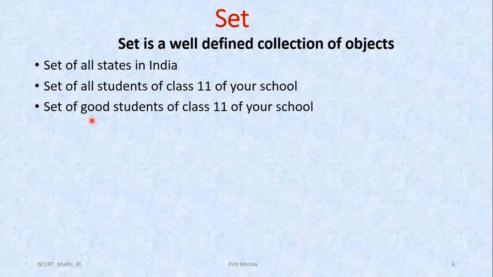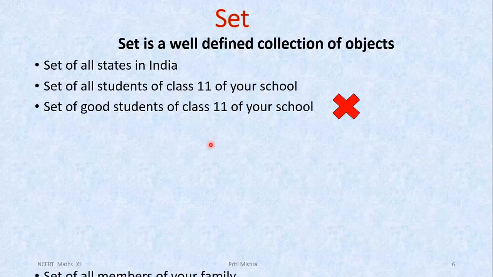Criteria for determining good, the best, most renowned will vary from person to person. Anyone from your class can write 5 names of good students for this set, but those names will differ from student to student. They will write the names as per their liking of students. So when it comes to writing a set on the basis of good, best, or most renowned, that will be a collection only. That can't be a set because these words are not relevant to make a set. So it can't be a set, right?